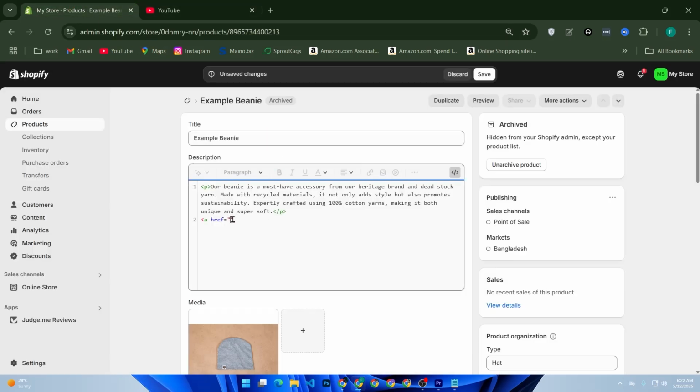Enter your website link here, then target equal to underscore blank, then